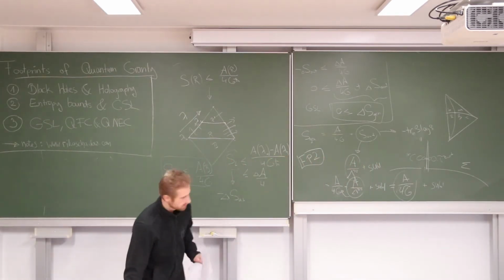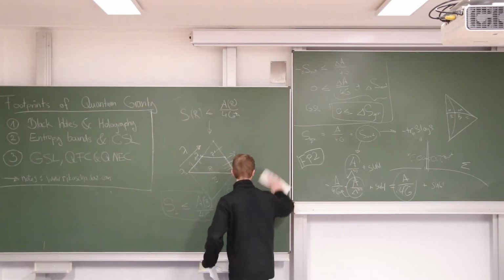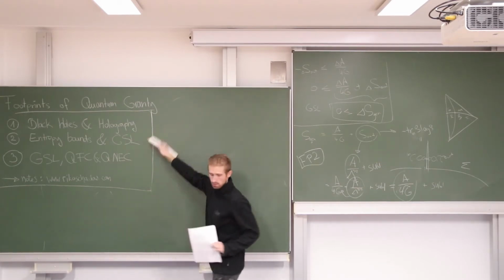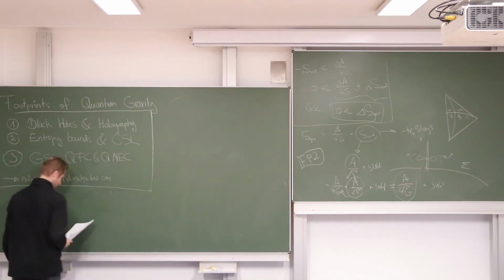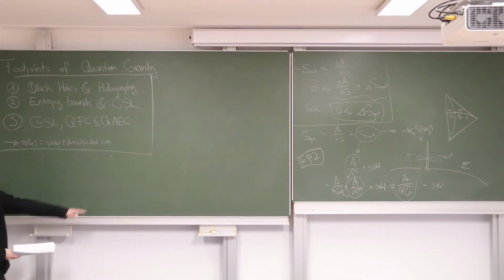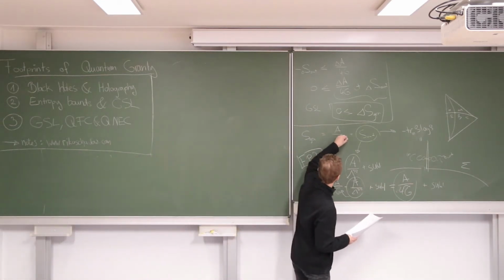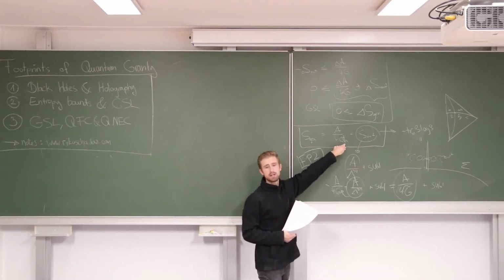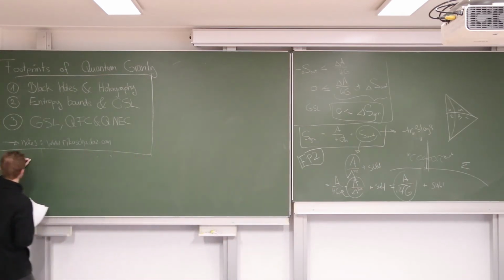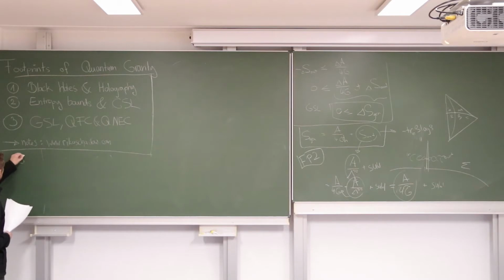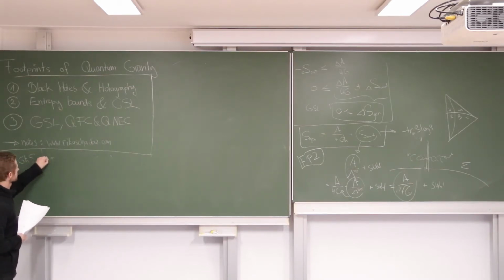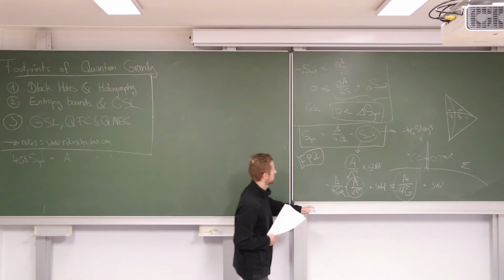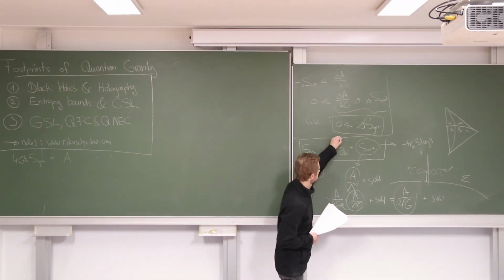Okay. Let's now play with the generalized entropy a little bit more. And playing with it more is going to lead us to the concept of a quantum-corrected area. So the generalized entropy, as you see it here, I forgot the h bar. One thing we can do to this is we can multiply everything by 4G h bar. So let's just do that for a moment, just for fun. So 4G h bar times the generalized entropy is the area. To be very precise, this area is the expectation value of the area,